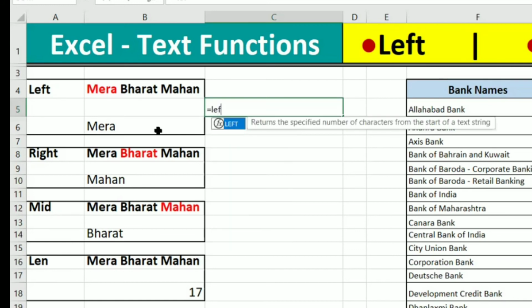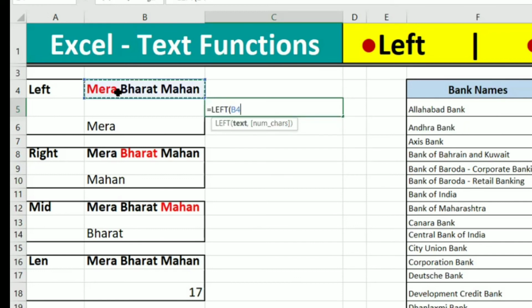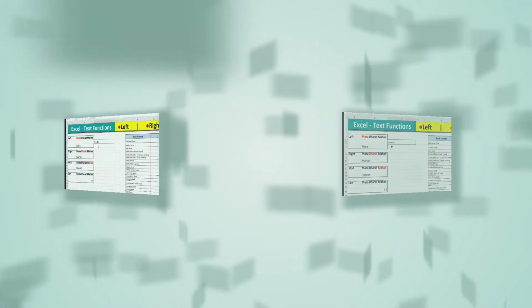I'm typing left, it is asking for text, I select that cell and use 7 characters, then press enter. From Mera Bharat Mahan, we get only the first 7 characters. It shows only 6 letters, but we count the space also. So this is the main left function.